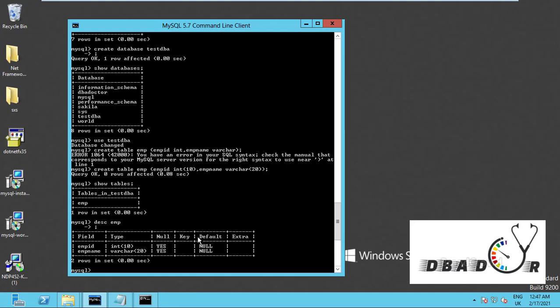It allows null, yes, because by default it will allow null. If we want to keep not null, then we have to specify that. There is no primary key or foreign key present. In a future video we will discuss more about foreign key, primary key, and not null.